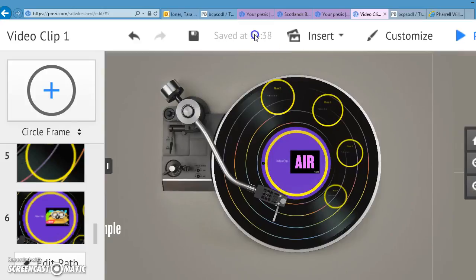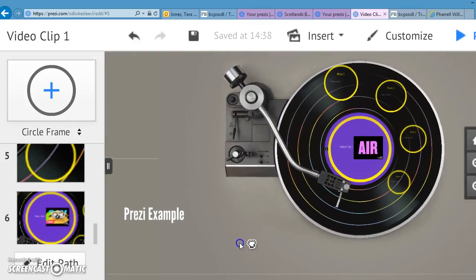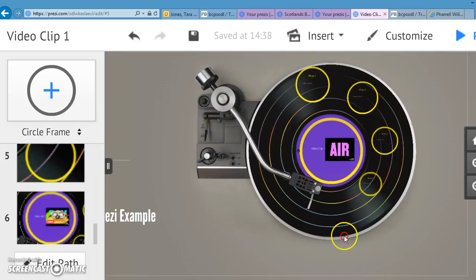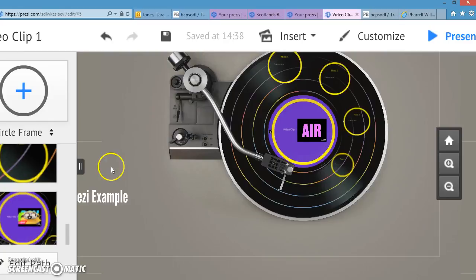It saves automatically, and you can go back and actually rename it if you want to, but generally speaking it saves it as whatever your presentation title is. So right now this is saved under Prezi example. And if I want to share this, let me see if I can get down to the bottom of this page. I don't know if I can. To share this, usually at the bottom of the page, I'm having a little trouble manipulating it, maybe because I'm recording this, but at the bottom of this page, there is,